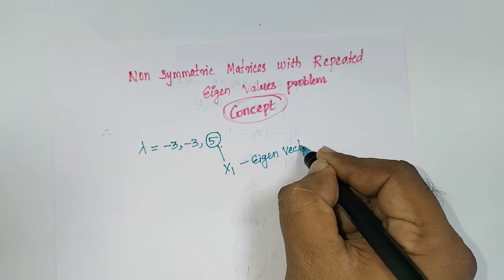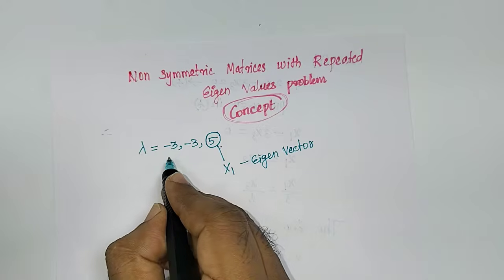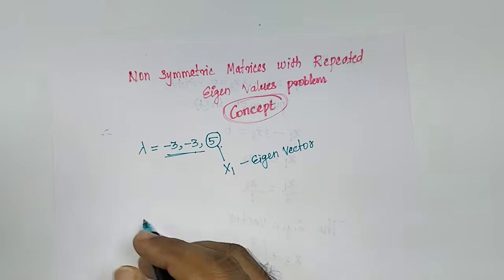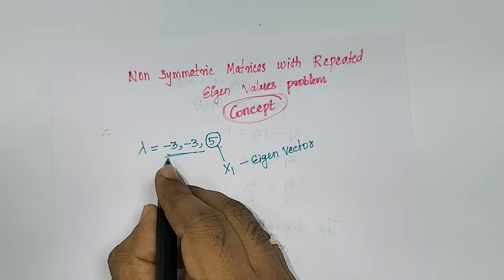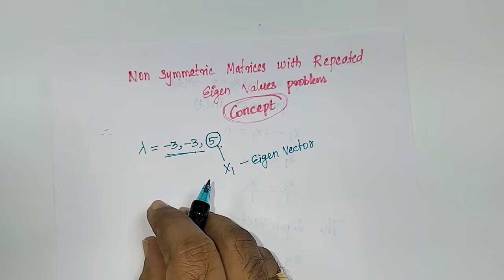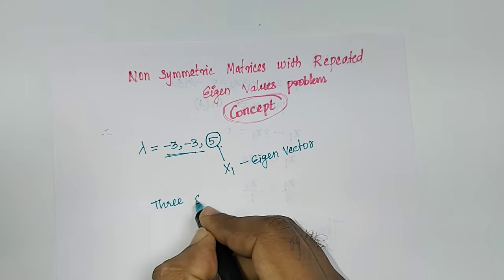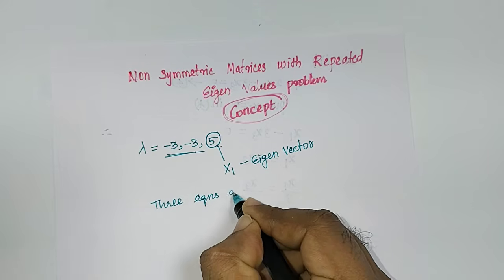After that, I substitute the repeated eigenvalue in our system of equations. When I substitute the repeated eigenvalue, we will get three equations. If those three equations are the same,